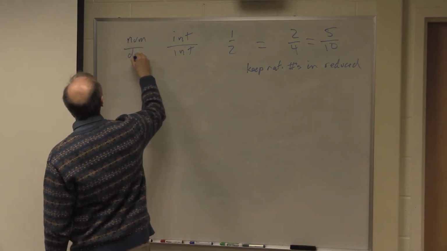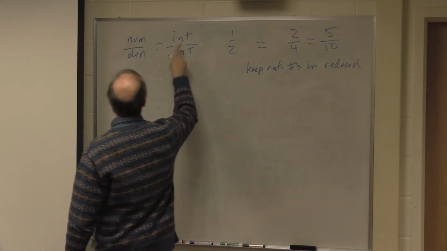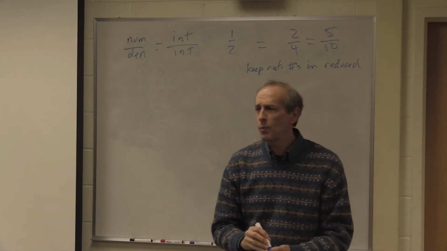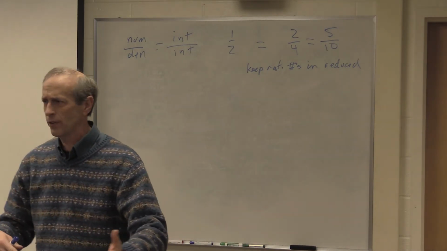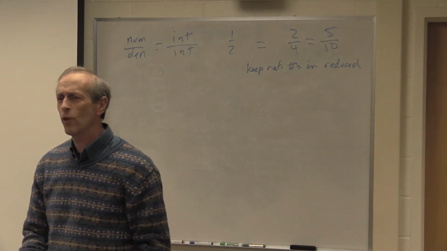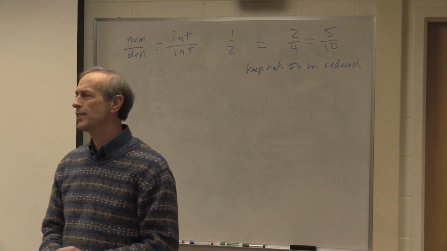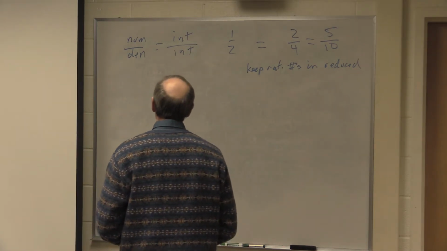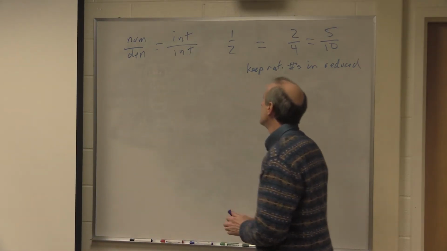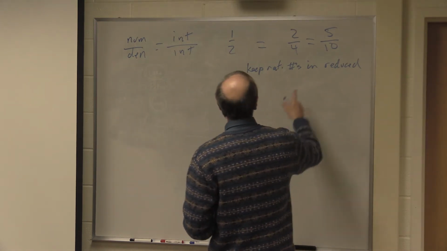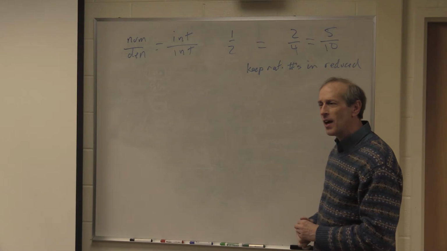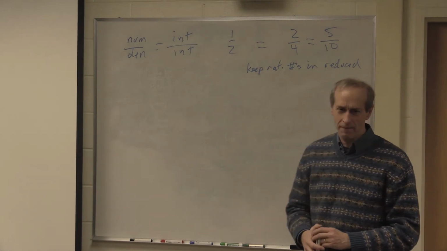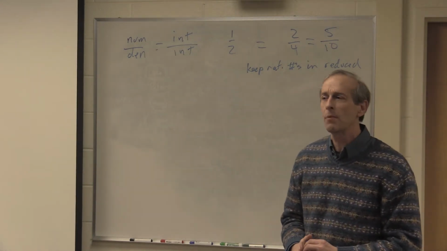Numerator over denominator. And they're integers, so we aren't going to consider complex fractions in any way, shape, or form. No doubles. Everything's still an integer. All right? Keep things... and that's where it gets a little bit interesting, is how to effectively keep your rational number in